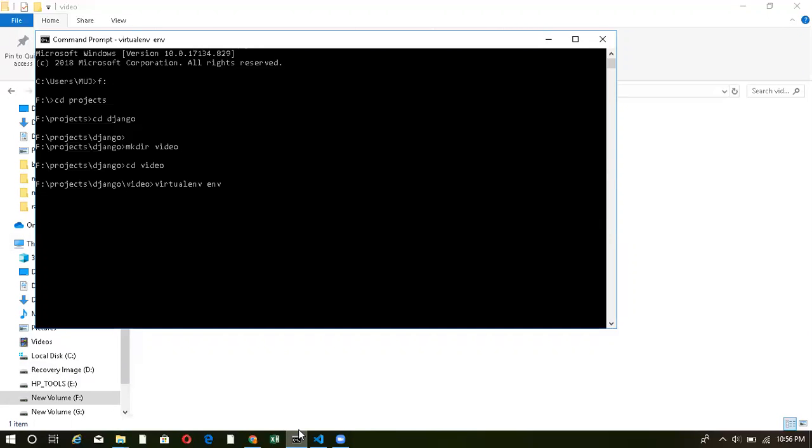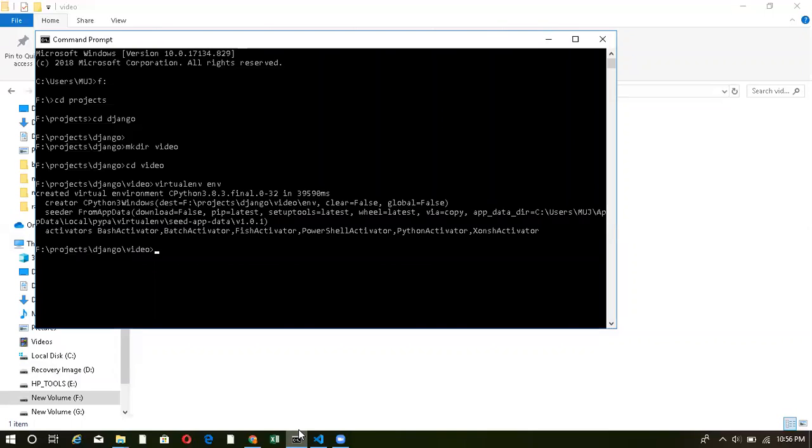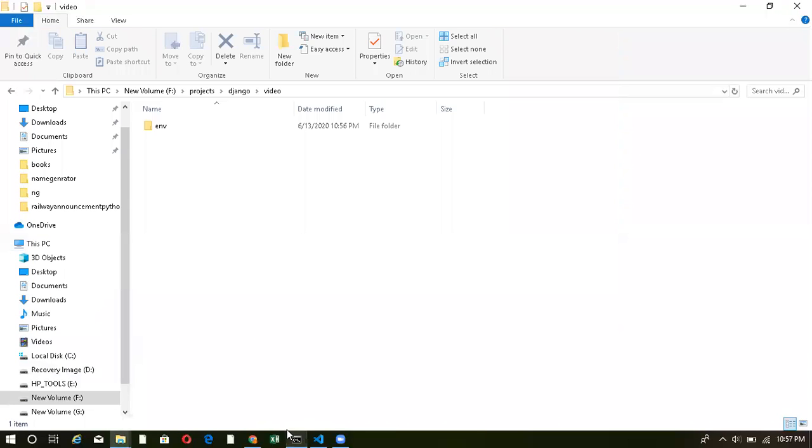Let it get finished. Okay, my virtual environment has been created. Now, if you can see, there's a folder inside my directory. If I open this folder, you can see there are further folders and some files inside it.